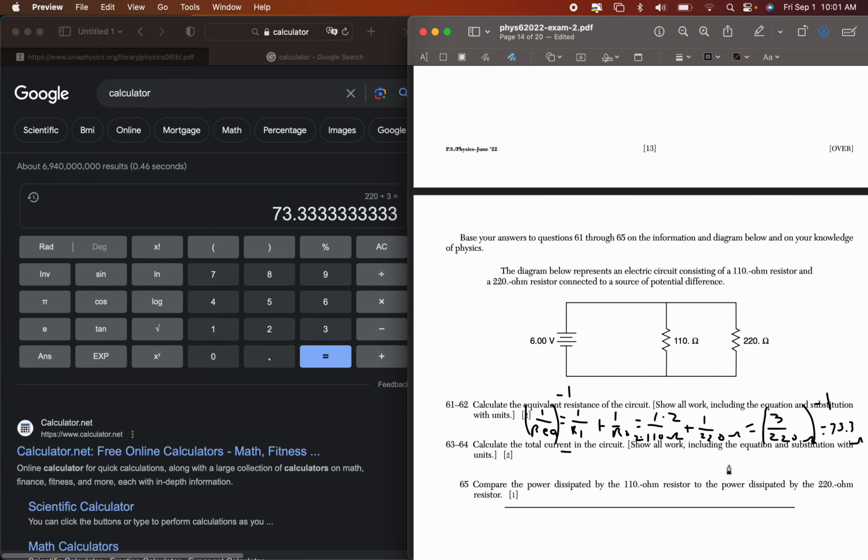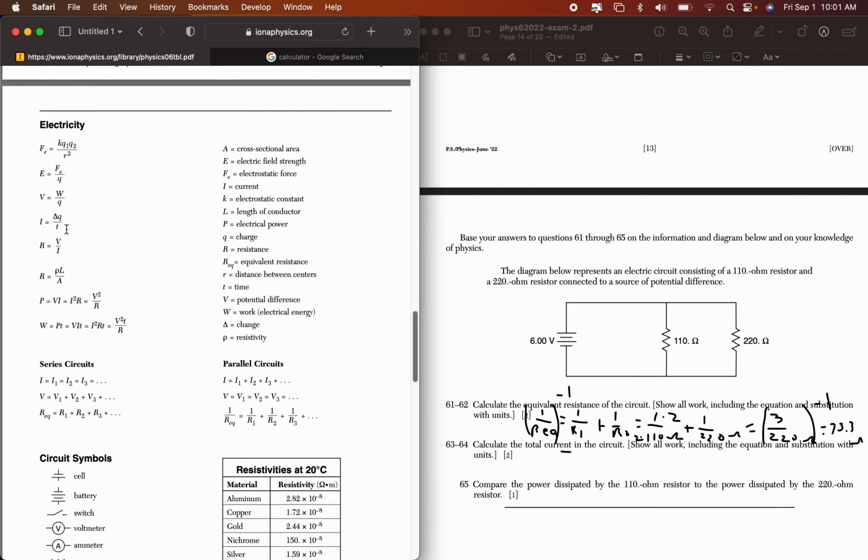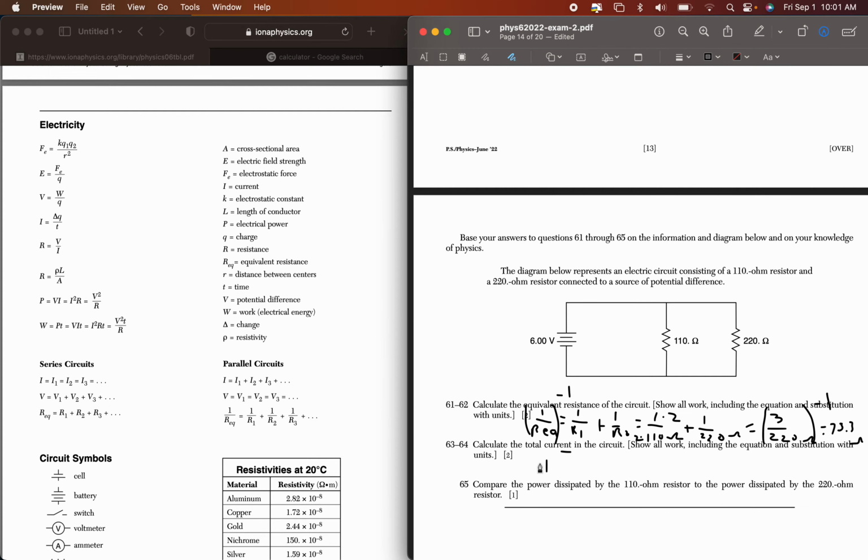Calculate the total current in the circuit. So if we have the resistance, we can find the total current now. The way we can do that is we can use this formula, R equals V over I, which means that multiply both sides by R and divide by R, we get I equals V over R, which is equal to the voltage of the circuit, 6 volts, divided by the total resistance, which we have is 73.3 ohms,